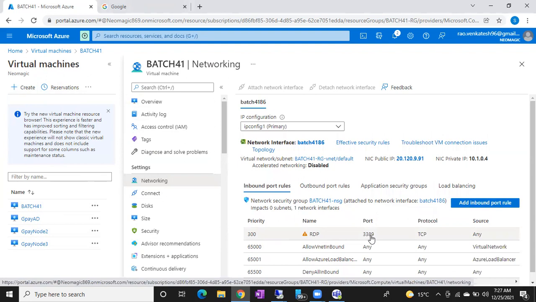If you don't see any port, you can simply add a port also. So it's not an issue. You can go to the virtual machine and directly go to the networking side. Sometimes if you don't see anything, you will get one message, and you can simply click on that.